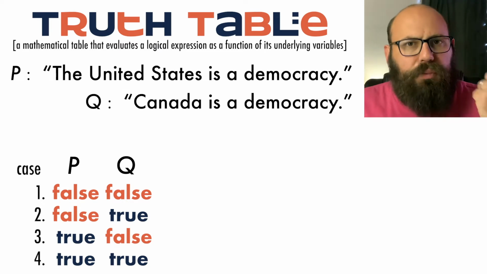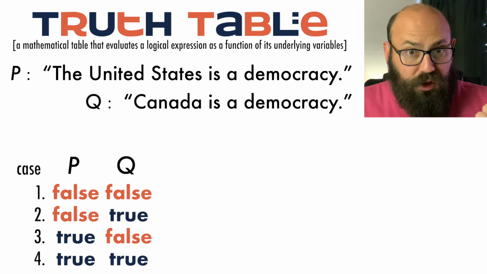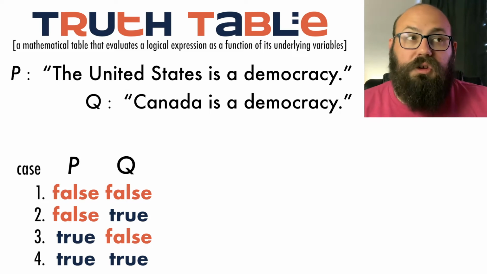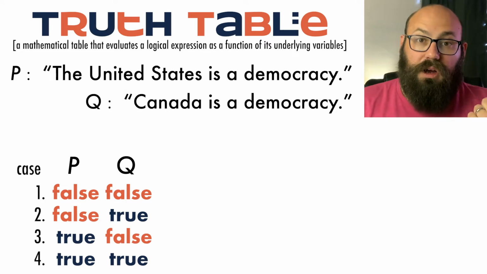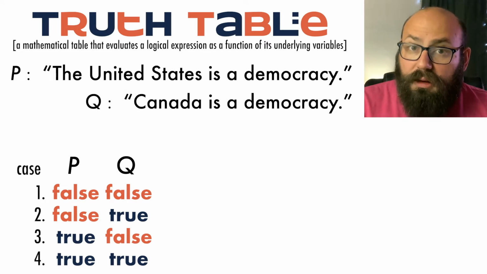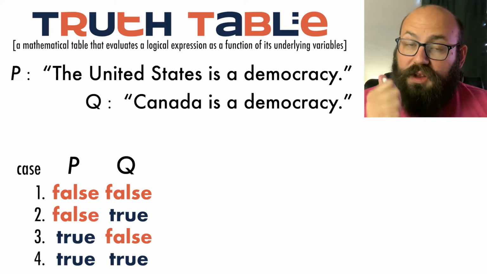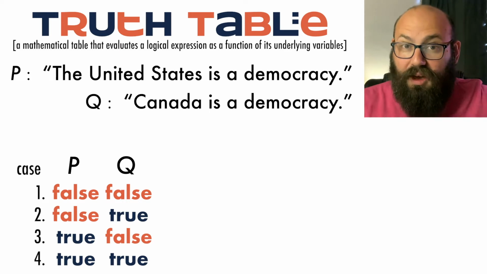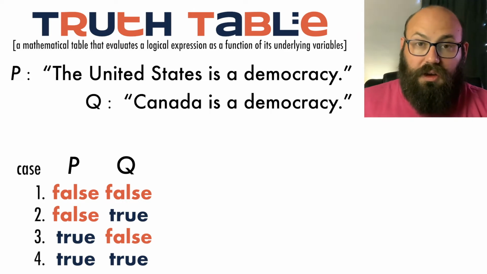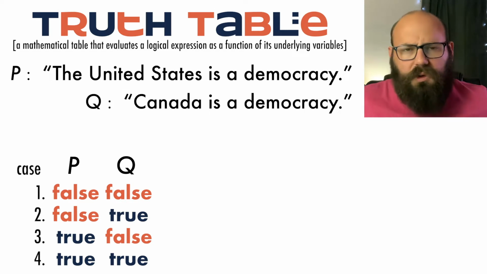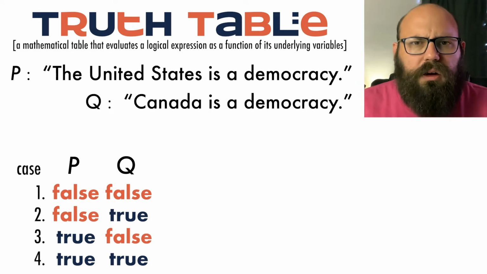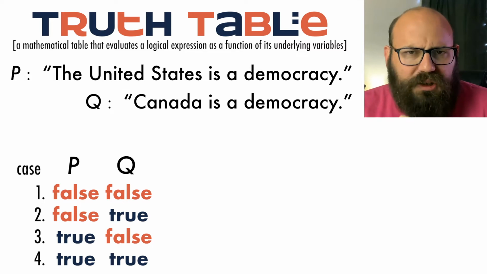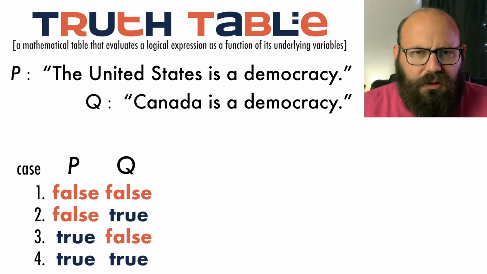Something where you begin with the premise, something where you say, if this were true, then I would also know that something else was true. When do you get to take one thing that you know is true and use it to correctly and reliably infer that something else is true? That's what we're gunning for here. We want to take our premises and turn them into conclusions. So how do we do that? Well, the most basic fundamental building block for making an argument of that form is a material conditional, which is just a fancy way of saying if then, okay?